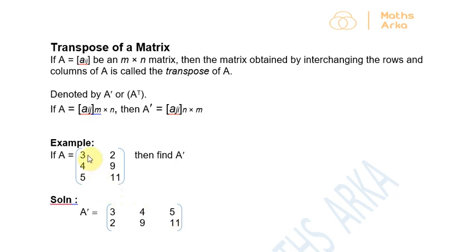So if it is of order 3 cross 2, 3 by 2, it would become 2 by 3. That the order would inverse. Okay, so this should be pretty straightforward. After this the complex thing, matrix multiplication, this should be pretty straightforward now. So properties of transpose of a matrix. Let's just look into few other properties.